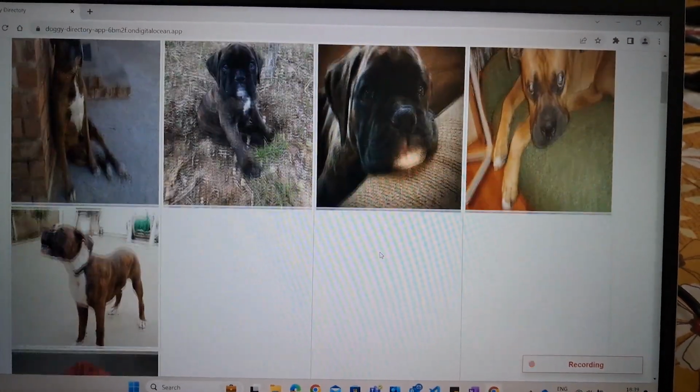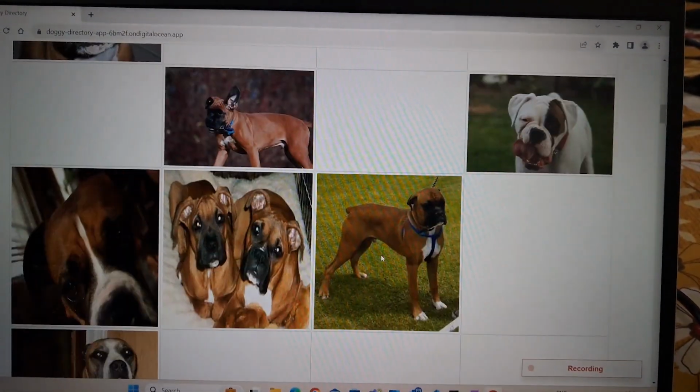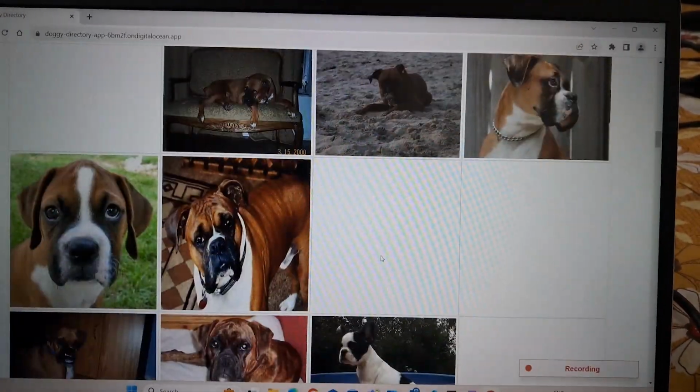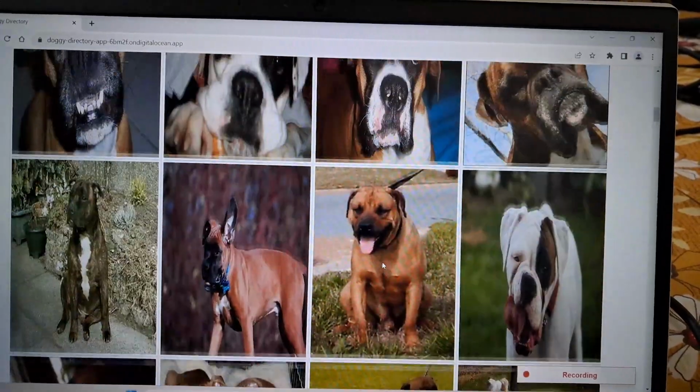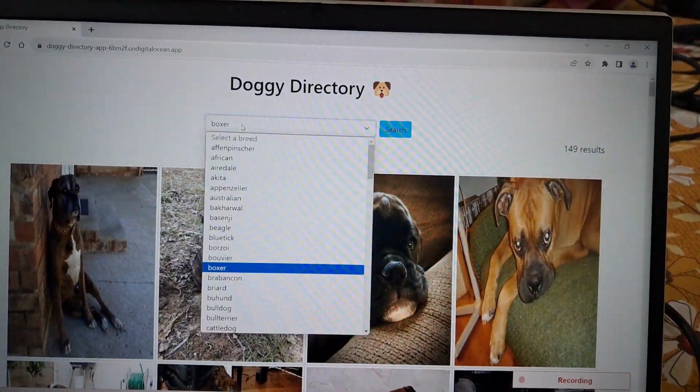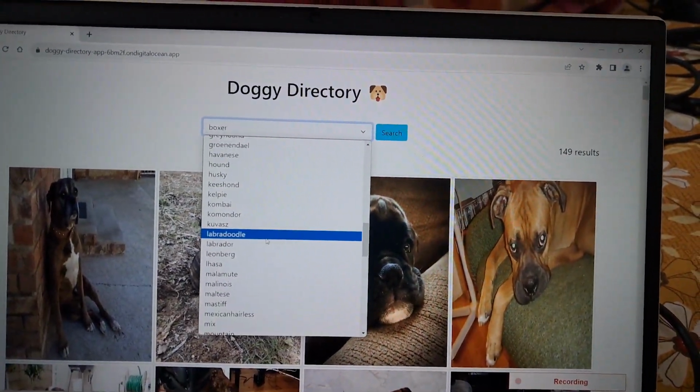So as you can see, it has loaded all the dogs with the breed boxer. So it shows us all these images of the specific kind of dogs which we want to see. And now let's